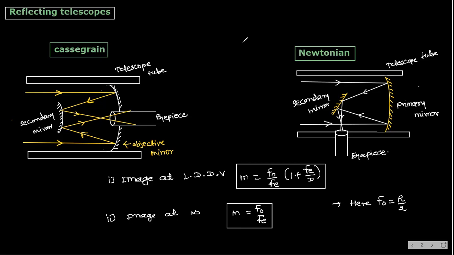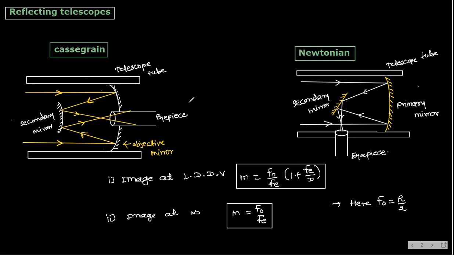Because we are watching every day in a plane mirror, so we are getting a very nice image, right? See here in the Cassegrain telescope, he has used one concave mirror here, this is the eyepiece, and here it is a convex mirror. The rays are coming from infinity, and after reflection they meet here. Again reflection takes place and the image is obtained from here, and you are watching from this eyepiece.